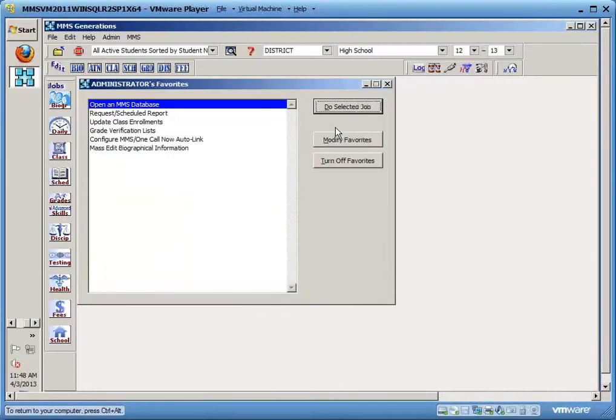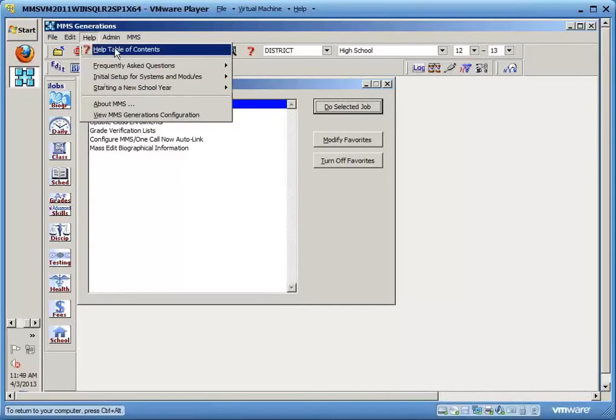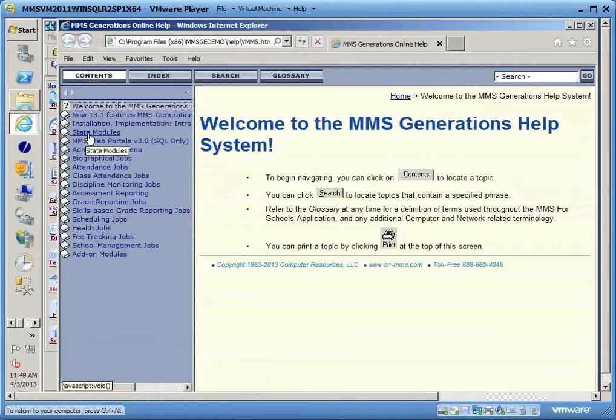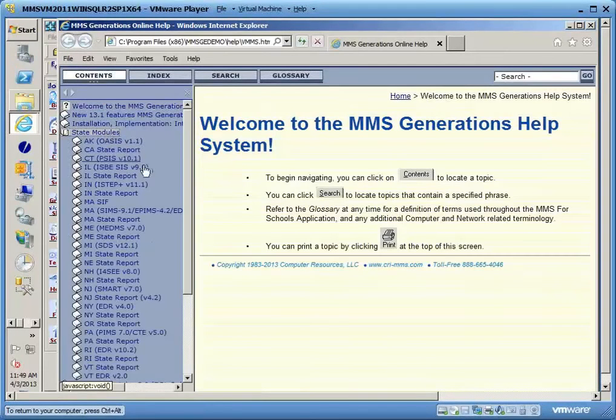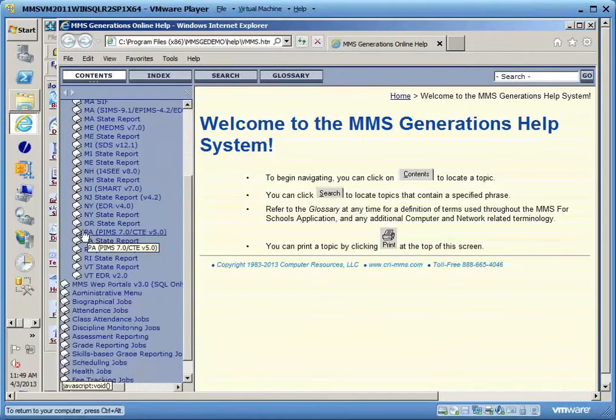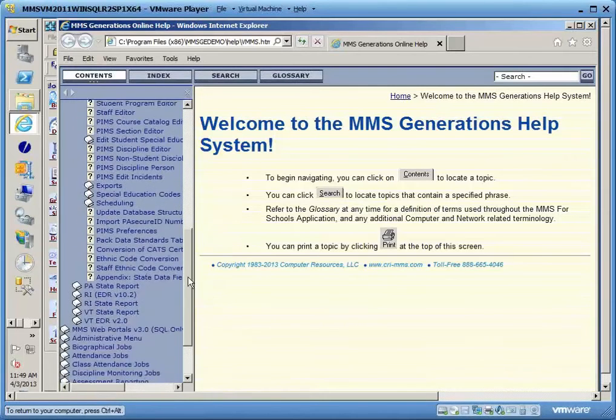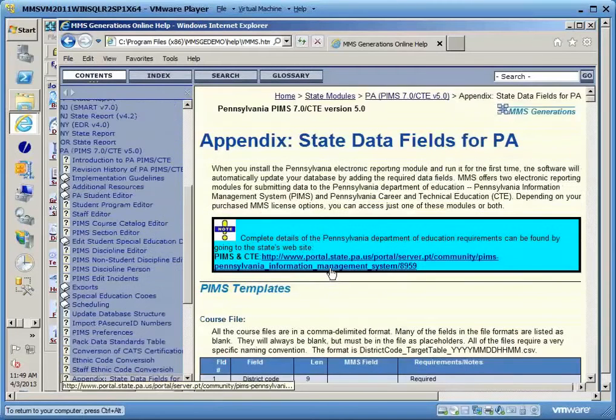And if you anticipate that you might use PRW for pulling state information, another reference for you would be the help documentation relating to your state. So I'm going to go to the help menu and the table of contents, and I'm going to expand the state module section. And I'm going to choose, in this case, Pennsylvania, but the information I'm going to show you is located in a similar place for each state. When you expand your state, one of the last items is going to be an appendix. And when you choose that,